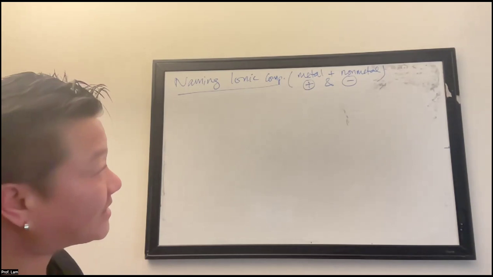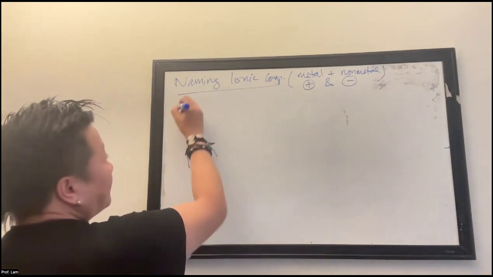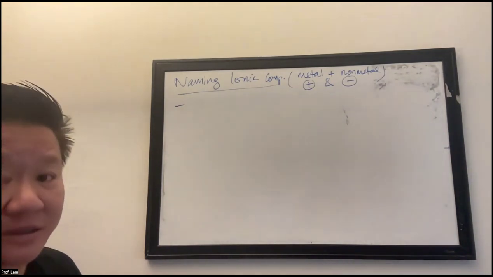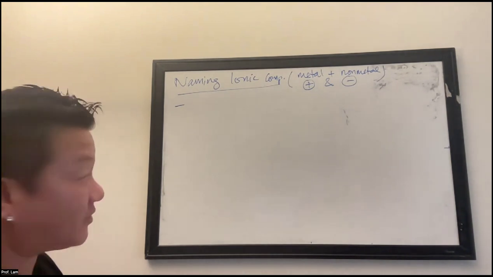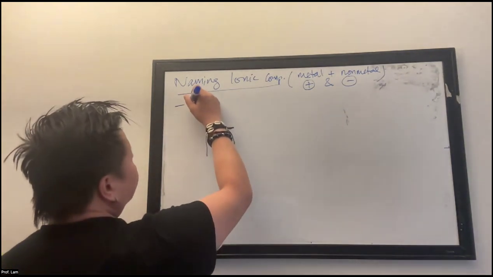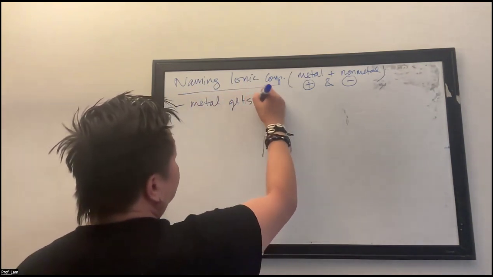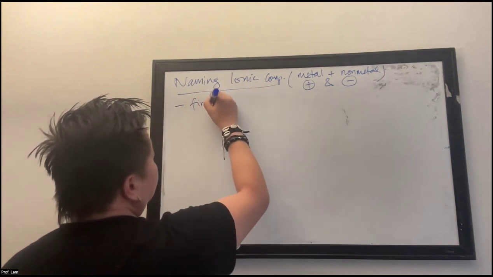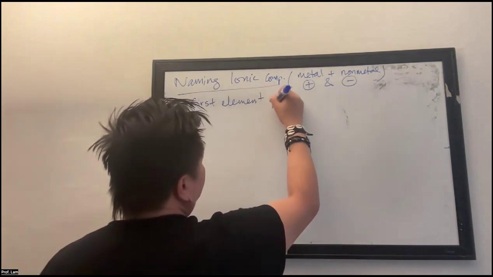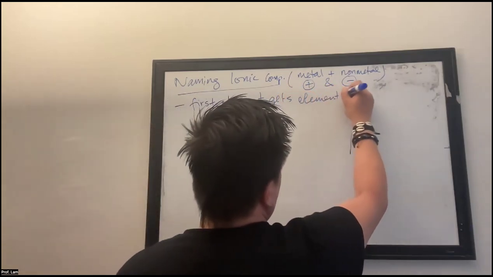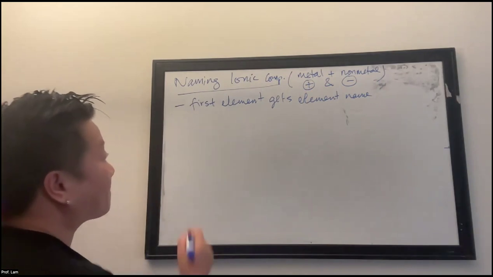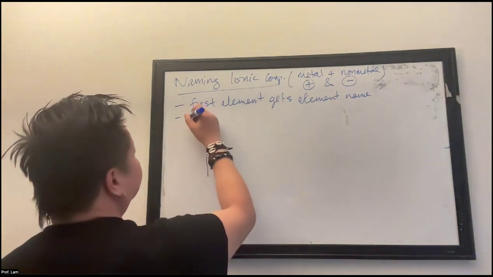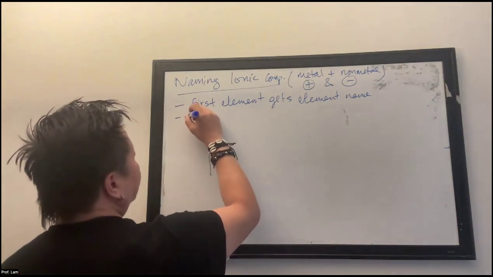So let's get into the rules. So the first is when you see the compound, the first element will get the metal name because the metal will always be written first. Okay. Let's say first element gets element name. And then the second element, the nonmetal,